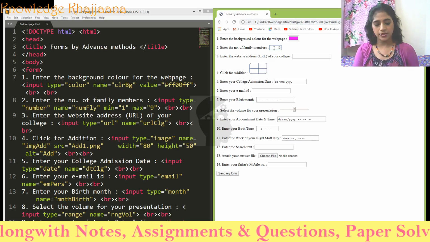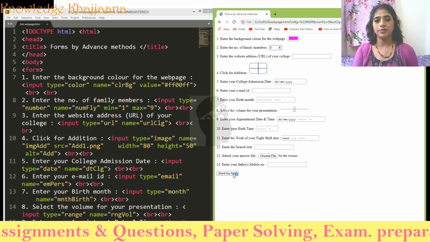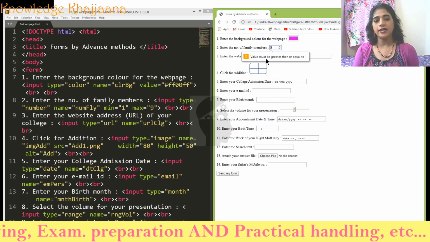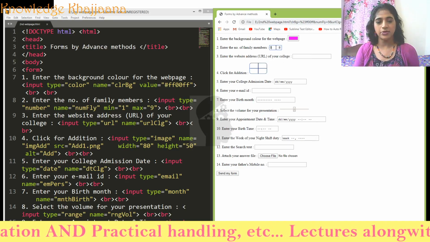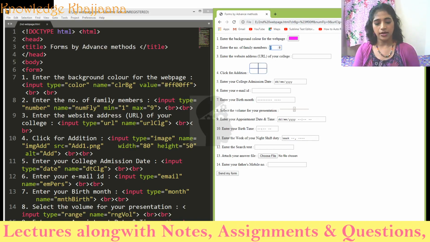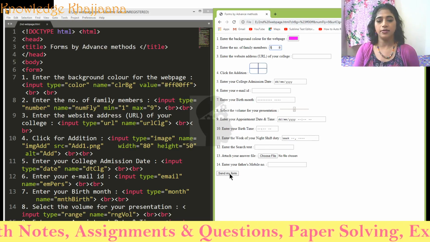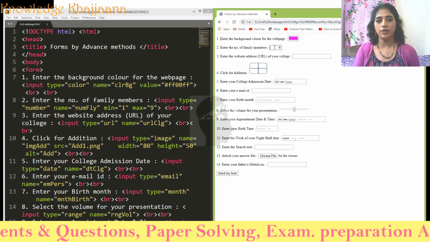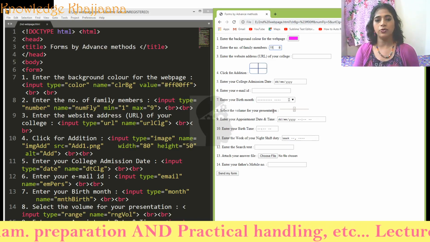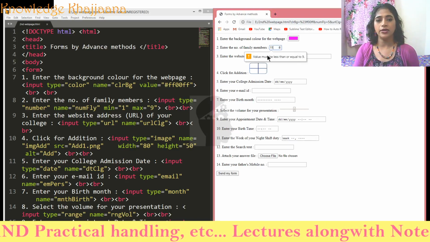A value lesser than 1 will not get submitted, right? Why? It is validated. It is showing that the value must be greater than or equal to 1. I can enter any data like this, which will get submitted. If I try to enter any data above 9, suppose I am going to enter 11, it will not get submitted.